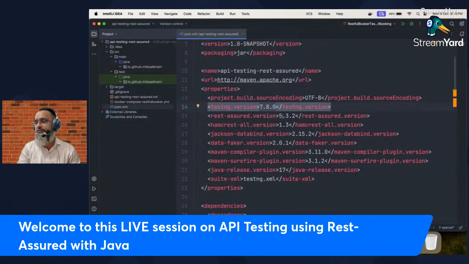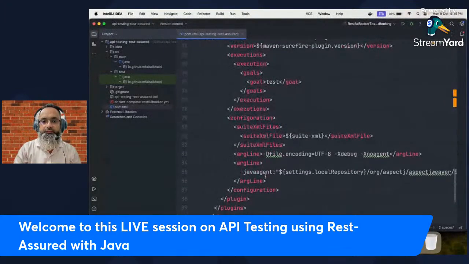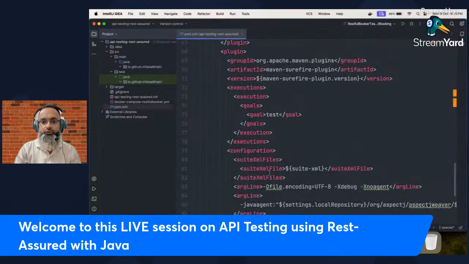Rest Assured has a version of 5.3.2. Hamcrest is 1.3. Jackson databind 2.15.2 and Data Faker 2.0.1. Similarly, the versions for the plugins have also been updated, and I've been using Java 17 to run the test. Also, for running the TestNG XML that is given in the configuration here, in the Maven Surefire configuration,